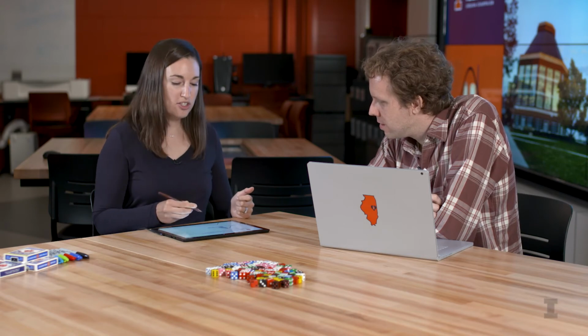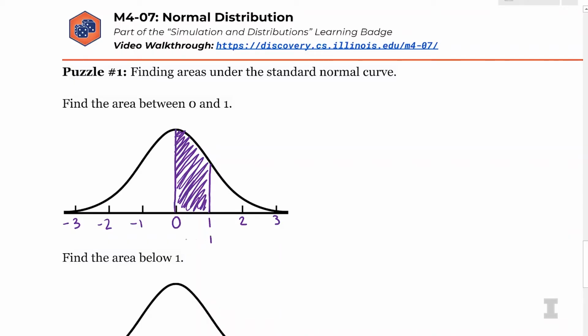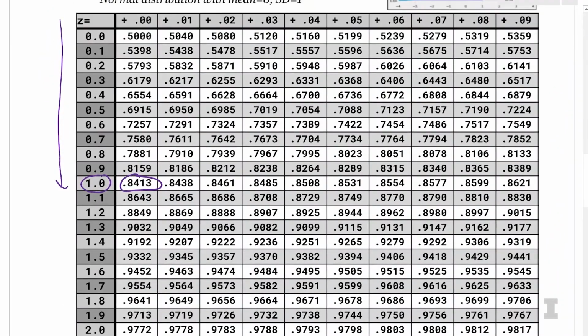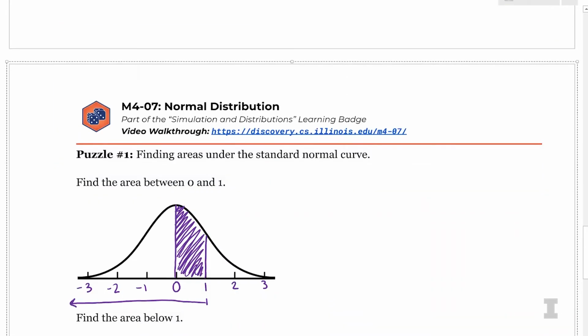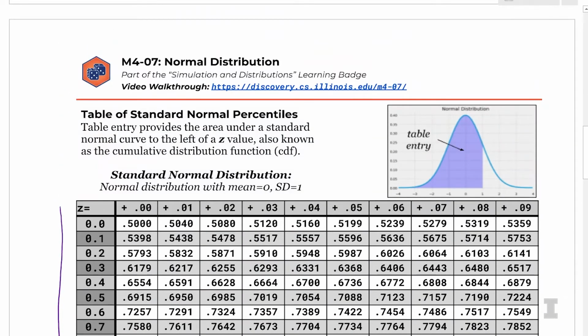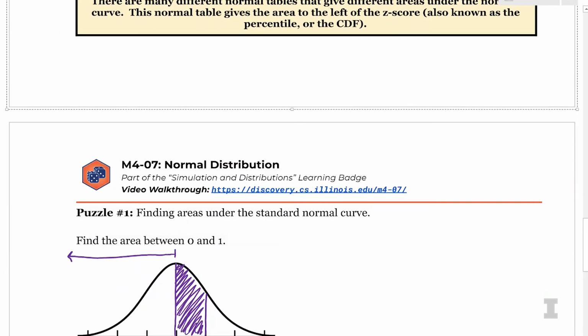So let's look at these two z-scores. If I look up 1, I can figure out what's the area to the left of 1. We actually just did that on the table. I think that was the example I used, 1.0. The area to the left is 0.8413, or 84.13%. But that's not my answer, because I need to subtract the area to the left of 0. I could go to my table and say, okay, the area to the left of 0 is 50%. Or I could say the normal curve is symmetrical.